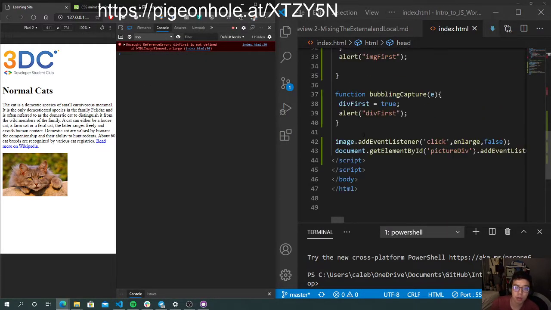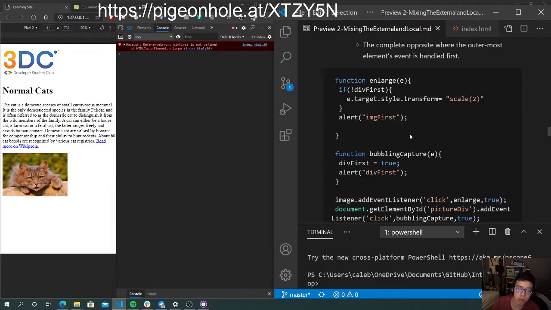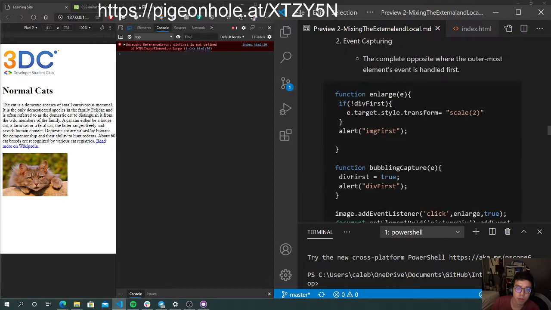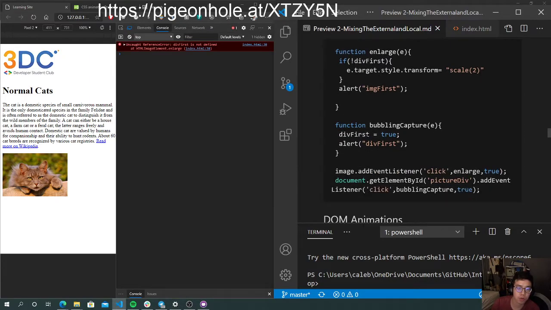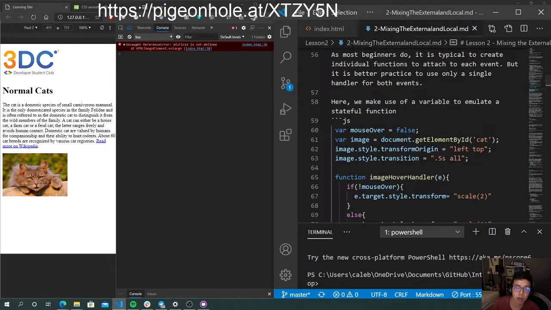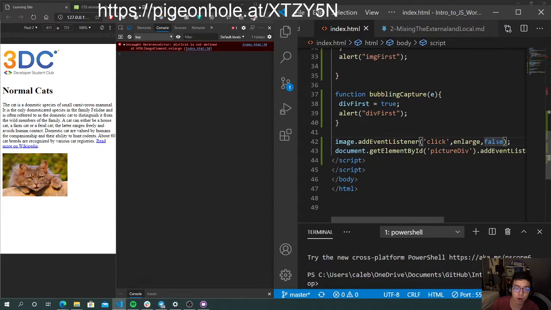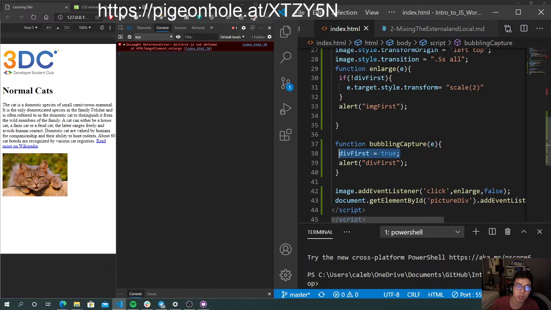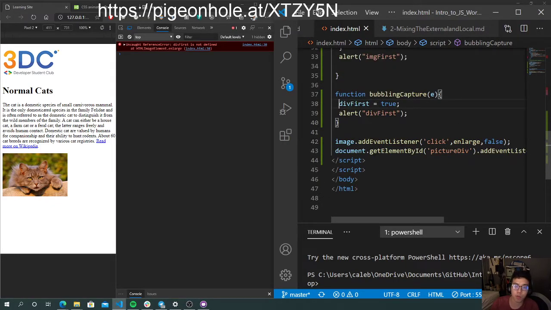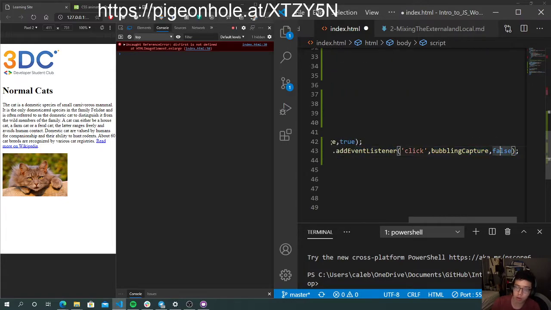So what do we learn here? The most important thing that we understand here is that the diff is actually going first. Why is this true? Because we set it to false, this makes it event capturing. So whatever we're running in this diff is running first compared to the image here. Therefore the diff is true and makes it not transform at all. However, if we want to change it to event bubbling, which is from the bottom up,